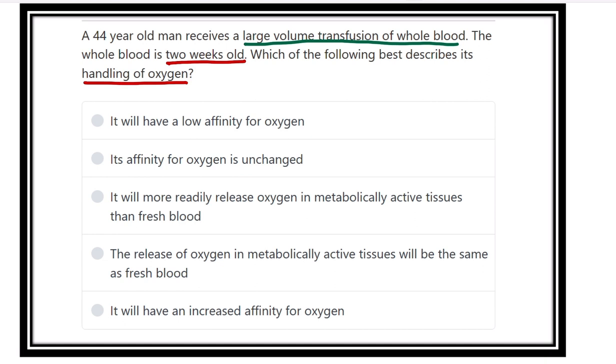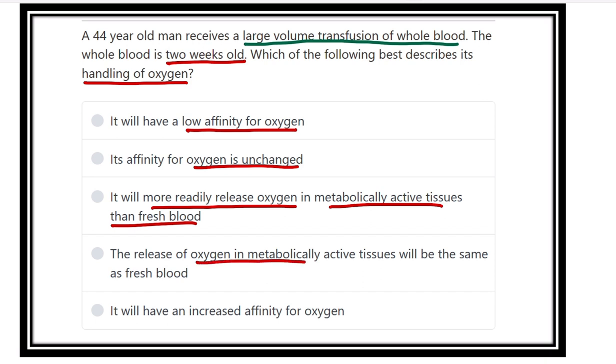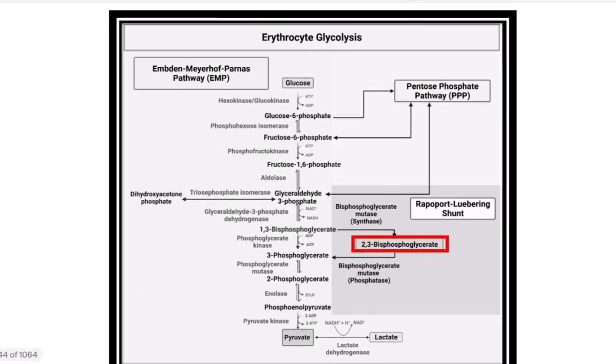Here are the options: it will have low affinity for oxygen; its affinity for oxygen is unchanged; it more readily releases oxygen in metabolically active tissue than fresh blood; the release of oxygen in metabolically active tissue will be the same as fresh blood; and it will have an increased affinity for oxygen. So we have to find out the affinity or delivery of oxygen in relation to the old blood, that means the 2 weeks old blood. So first of all, we